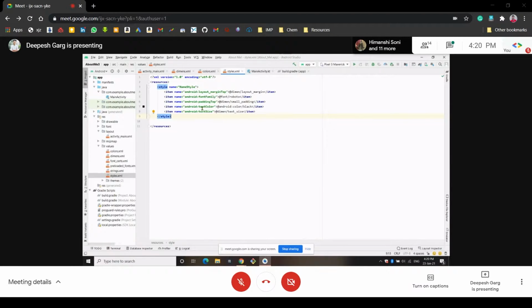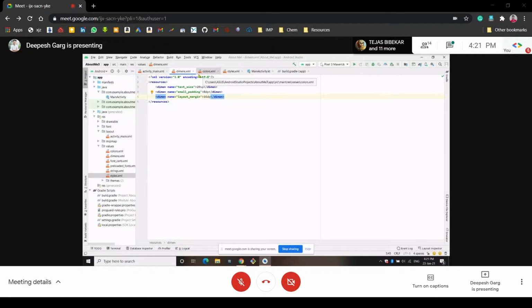And one more thing we have done, that is the text color. We have changed the text color to black, because at some point many of the text views were of like grayish color, so we want it to be black. So we changed it to the black color. And the final thing, we increased the text size of the text that are inside the text views. So we changed the text size, and it is defined in the dimensions.xml, and it is like 20 sp. So these are the changes that I made so that we can easily do things today.